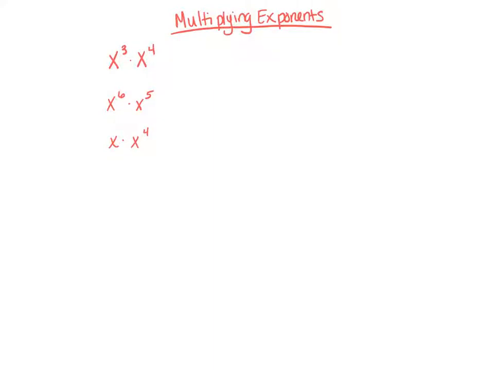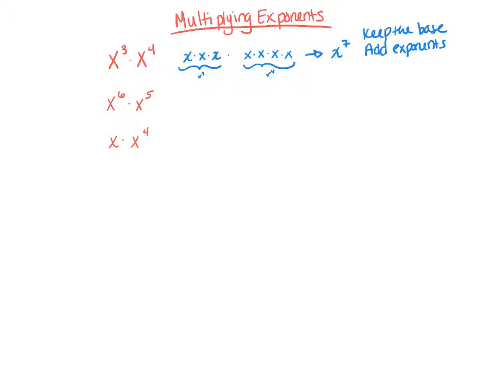Remember, when multiplying exponents, the x to the third times x to the fourth really means x times x times x, because that's x to the third, times x to the fourth, x times x times x times x. So this was x to the third, and that's x to the fourth. And what that results in, there's 7 of them, so this results in x to the 7th. And so that's why the rule for multiplying exponents is to add the exponents. You keep the base